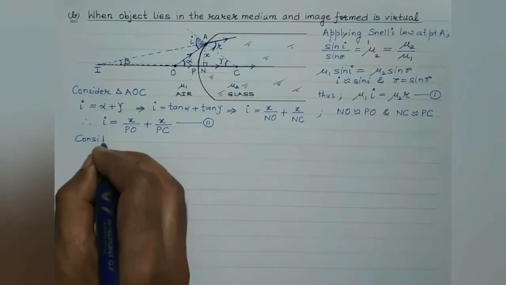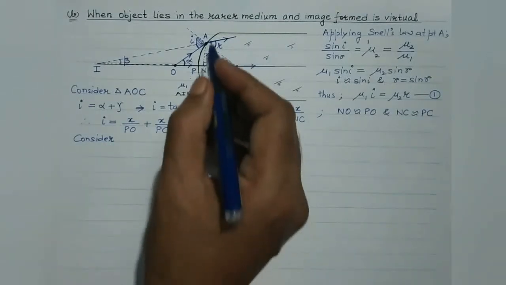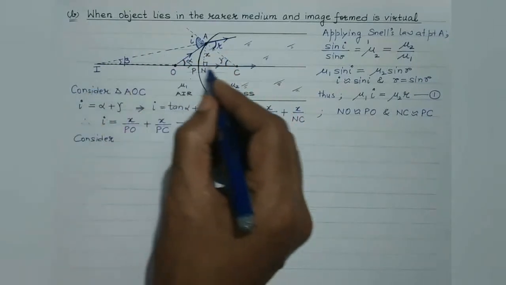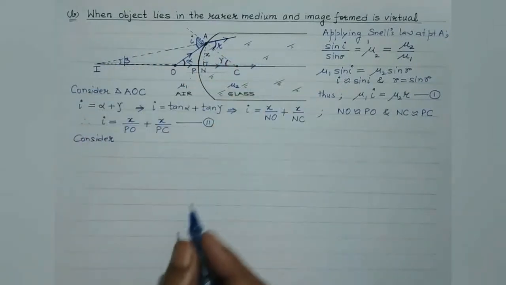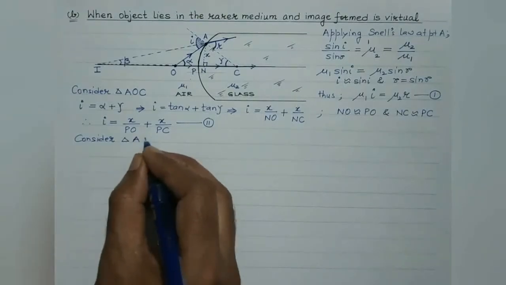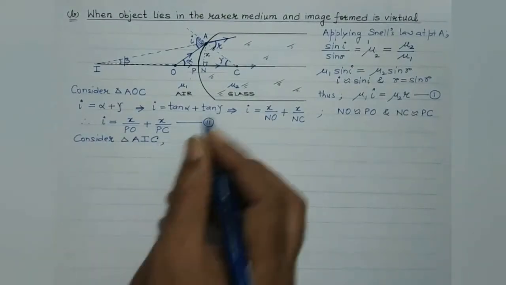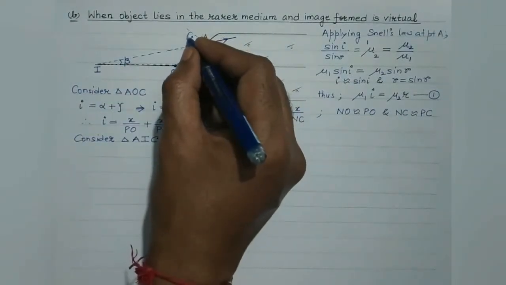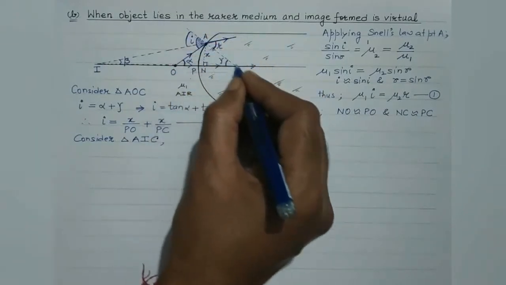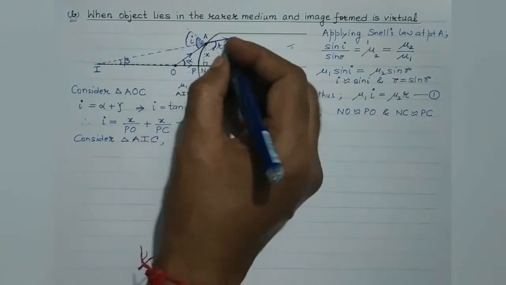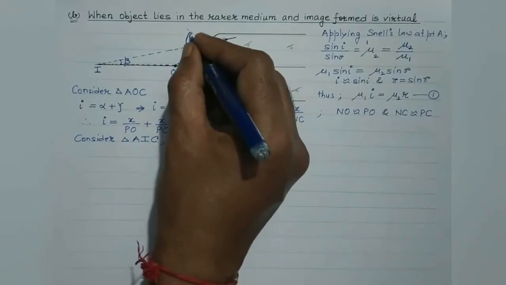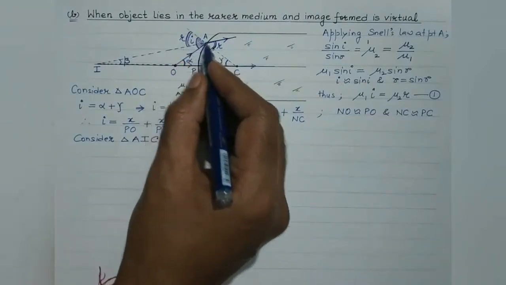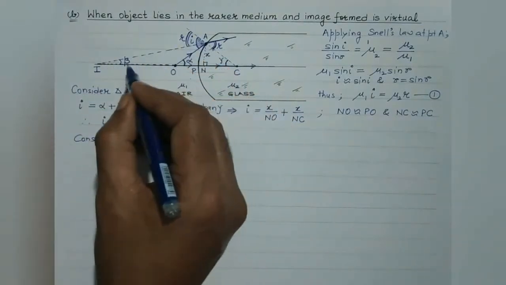Similarly, consider the other triangle. Consider triangle AIC, this big triangle AIC. Right students, let's consider this triangle. In AIC, this angle is beta, this angle is gamma, and this will be the exterior angle. Now these are two straight lines, right? So this angle would be equal to this angle. Vertically opposite angles, isn't it? So in this triangle, students, r would be equal to beta plus gamma.